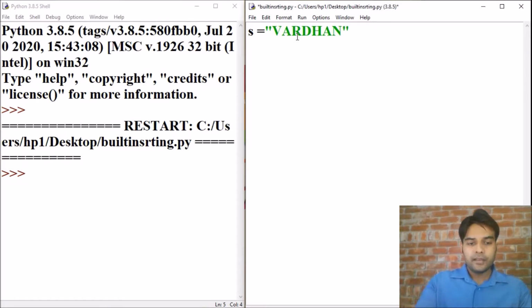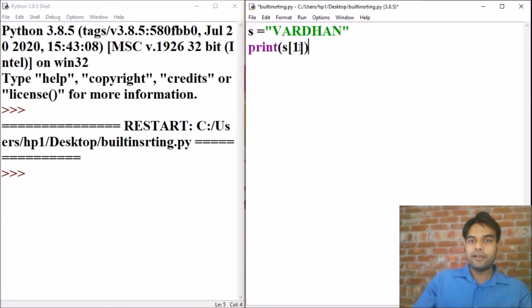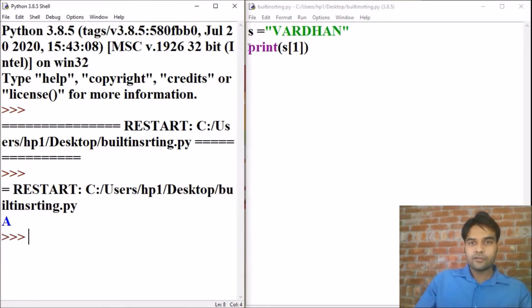Now if we want to access A, then we will write print s of 1, meaning the value at index 1 of the string. So A will be printed. In reverse manner, we have -1, -2, -3.